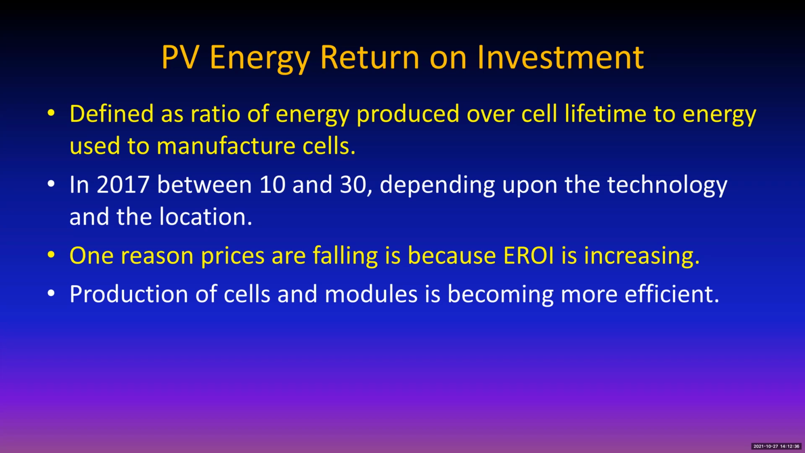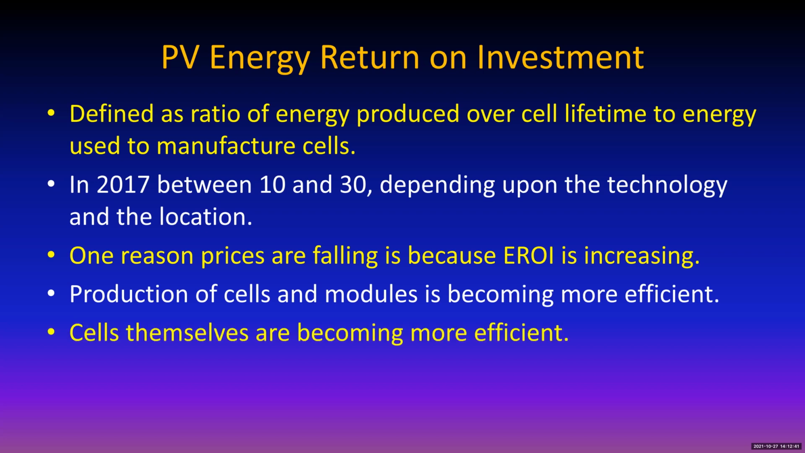It gets better every year because people improve the efficiency of the production. And cells themselves are becoming more efficient. Back 10, 12, 15 years ago, the efficiencies were in the neighborhood of 13%. They're now at nearly 20%. Now that is not a 7% improvement, folks. That is a 33% improvement because